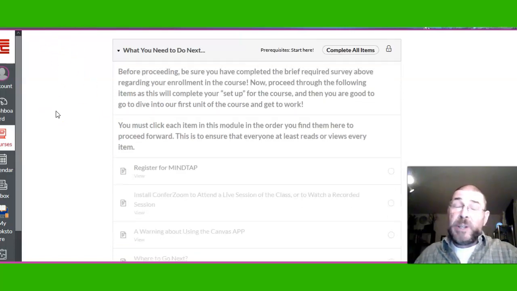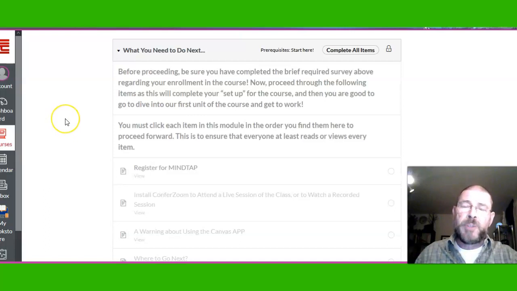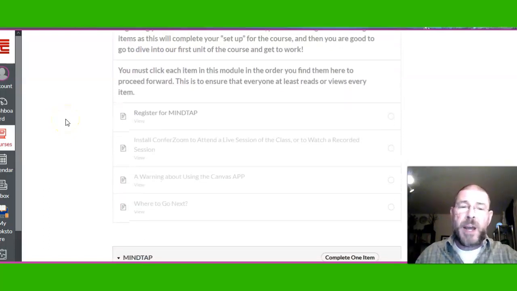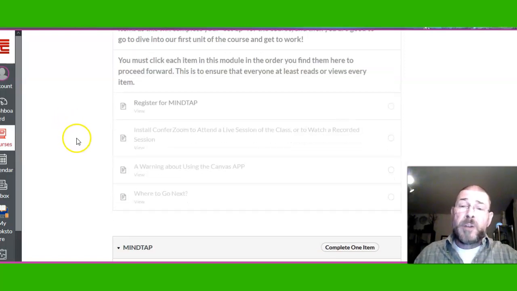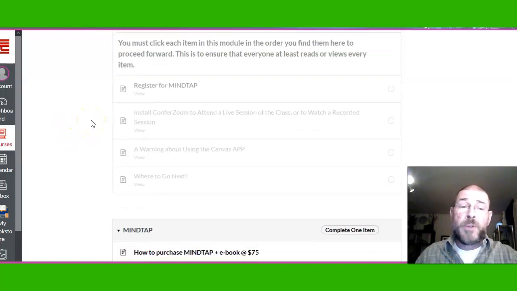And again, you need to click each item in this module in order there to open them all up there. And so what you'll find here are some directions on how to register for MindTap. Again, that's the online learning platform that goes with your textbook there. Also a section there about using ConferZoom and how to install it if you haven't already used it, because we are going to have